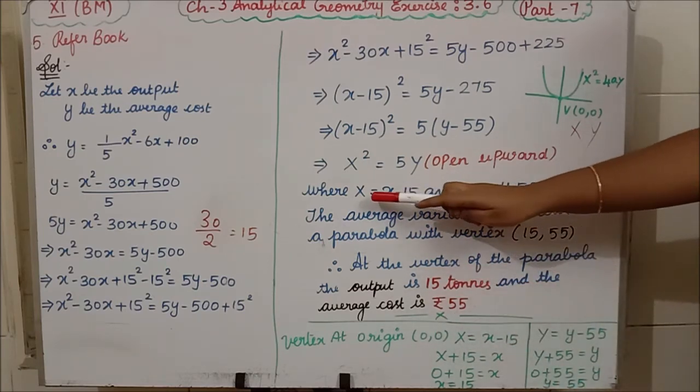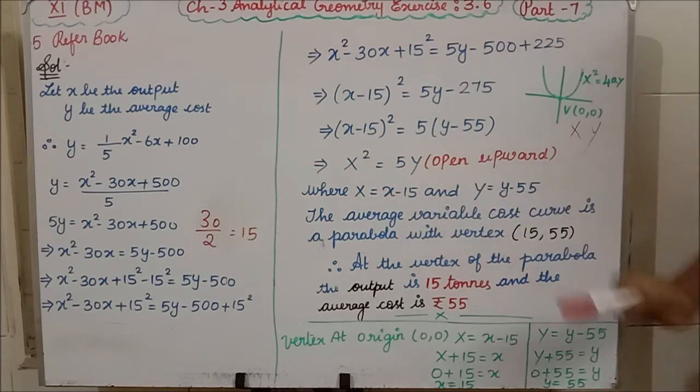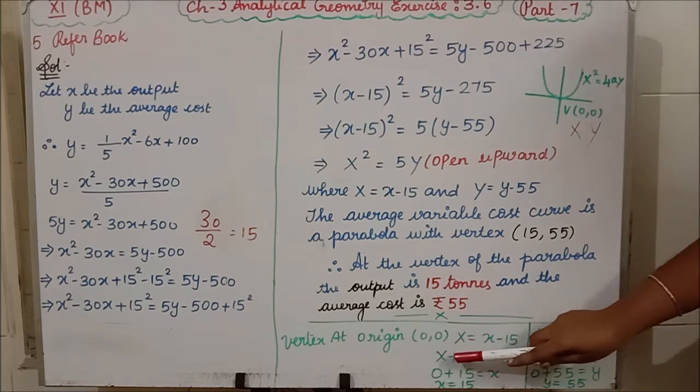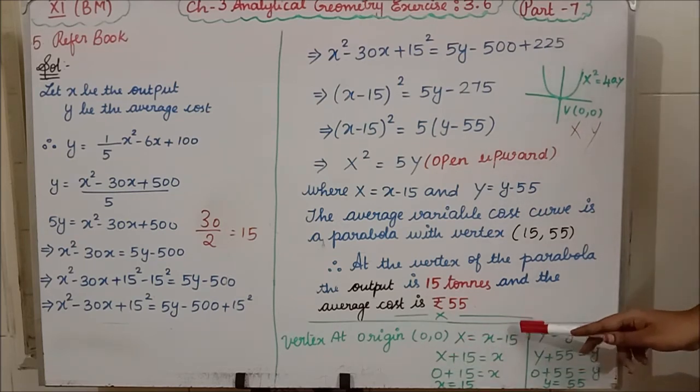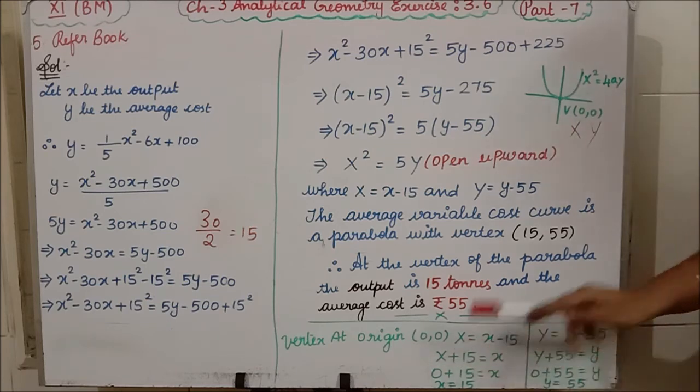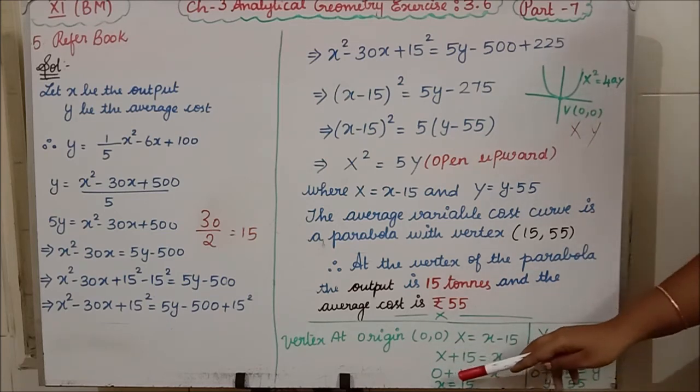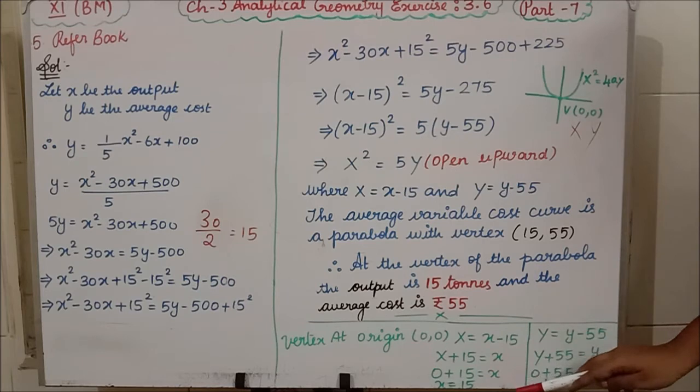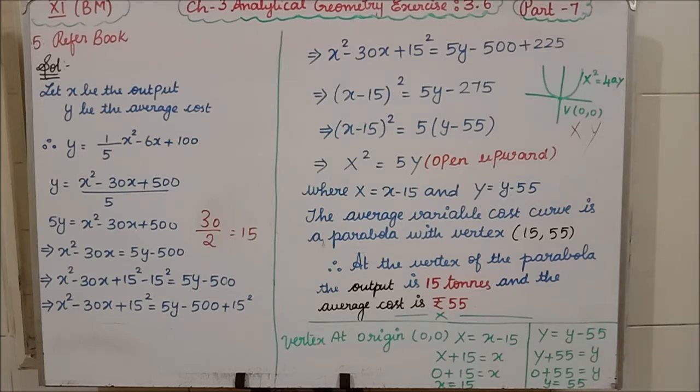Now I am having capital X equal to X minus 15. I know capital X is 0. Isn't it? So what I am doing is I am keeping capital X, I am taking the minus 15 to that side. It will become plus 15 equal to X. So capital X value what we are having? 0 plus 15 equal to X. So 0 plus 15 is what? 15. So x equal to 15. Clear? So only I have written here 15.